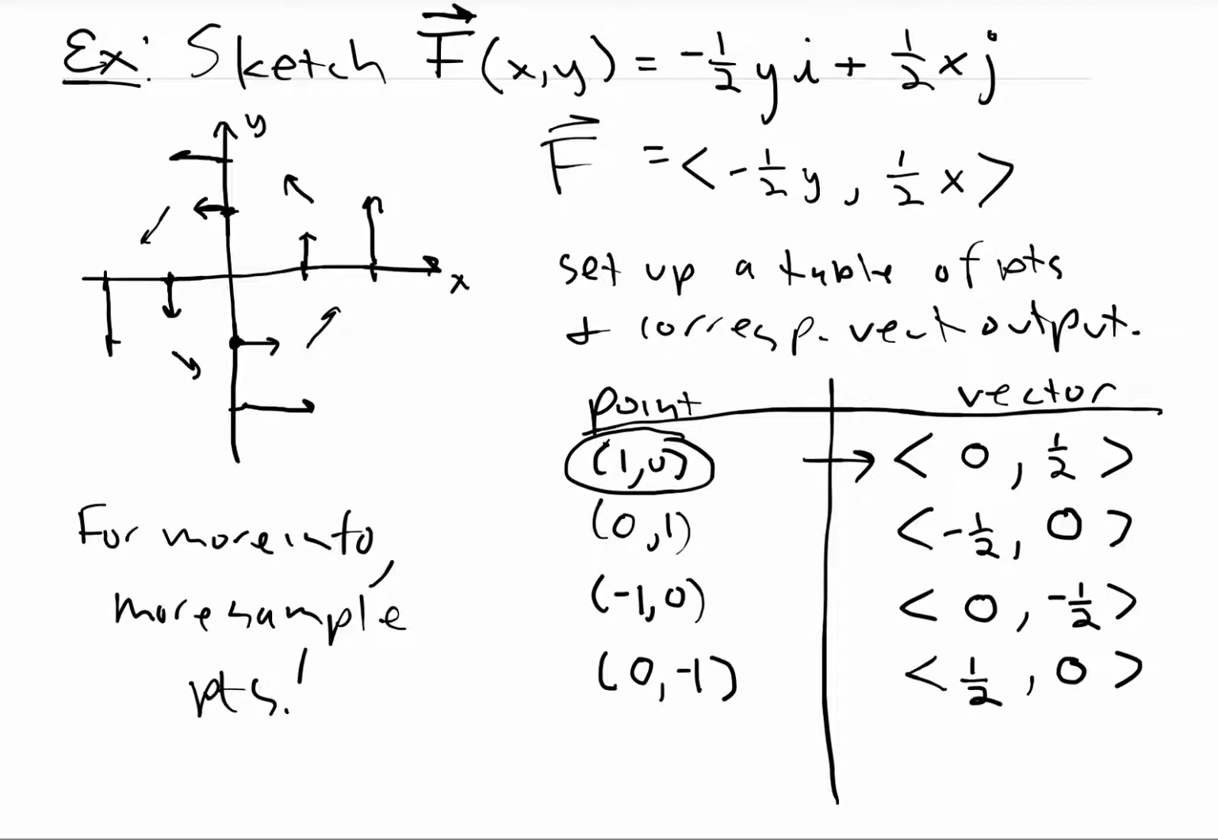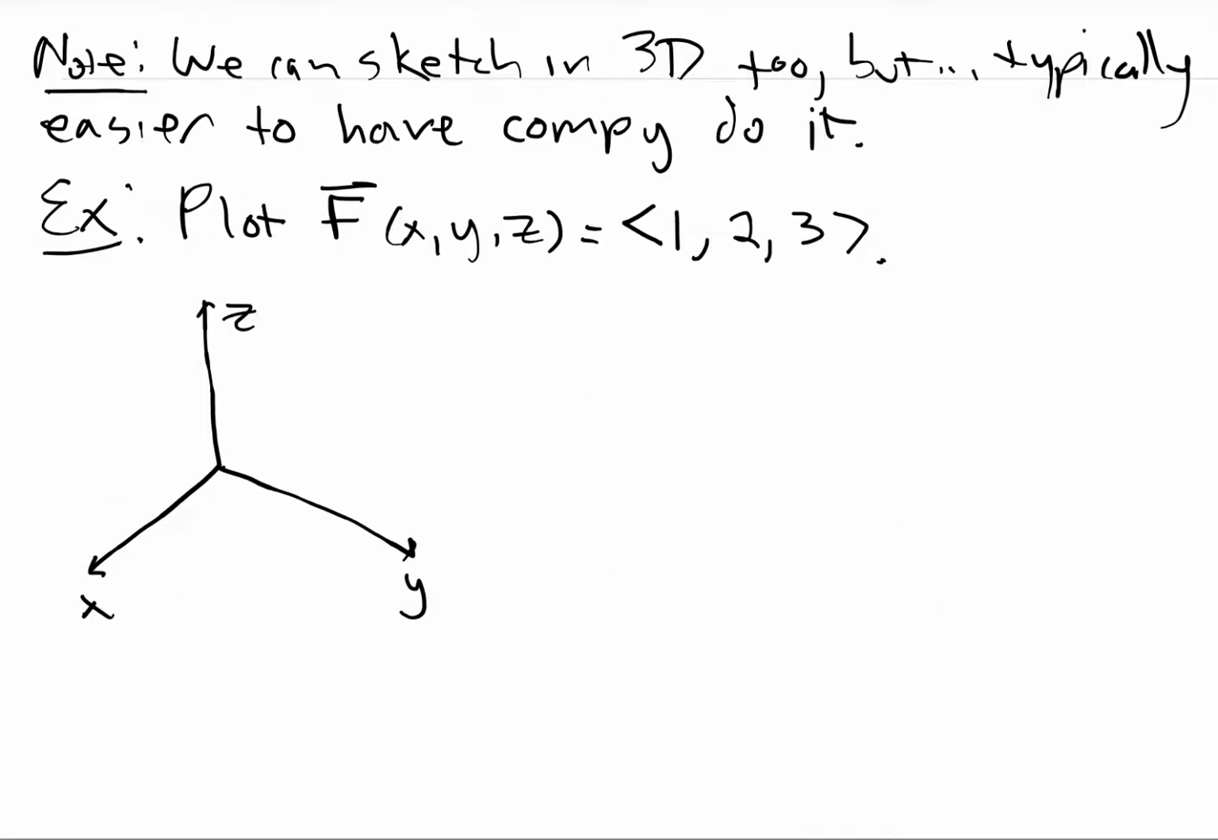If I want a really detailed vector function, throw more points at it, build a bigger table, you can add more arrows. Or, and this is kind of the cheater way to think about this, you can do a similar process in 3 dimensions. We can sketch in 3D, but for 3-dimensional vector fields and also for more complicated 2-dimensional vector fields, heck, for most vector fields in general, it's easier to have a computer do it, right? They'll throw tons and tons of arrows at you